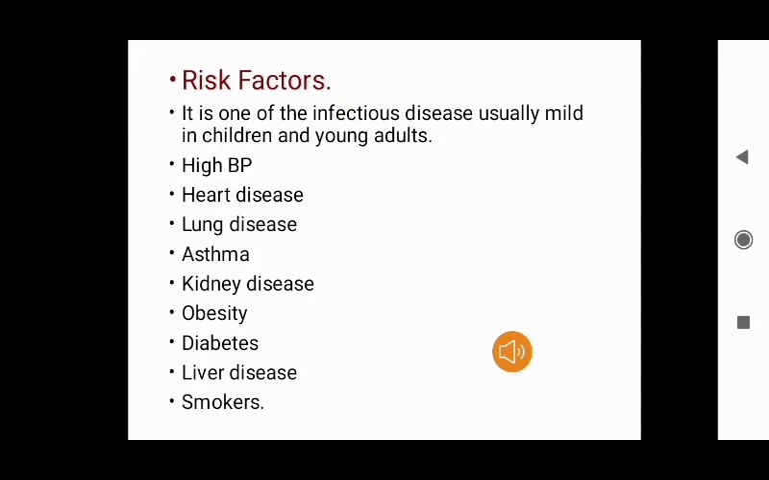अगर किसी इंसान में हाई ब्लड प्रेशर होगा तो उसमें भी कोविड-19 के चांसेस ज़्यादा हैं। अगर किसी इंसान में हार्ट डिजीज है, कोविड-19 के चांसेस ज़्यादा हैं। सिमिलरली लंग डिजीज, अस्थमा, किडनी डिजीजेस that need dialysis, obesity, diabetes, कैंसर ट्रीटमेंट, स्पेशली यहाँ पे केमोथेरेपी का जो ट्रीटमेंट है, लिवर डिजीज एंड स्मोकर्स, मोस्टली सिगरेट स्मोकर्स।